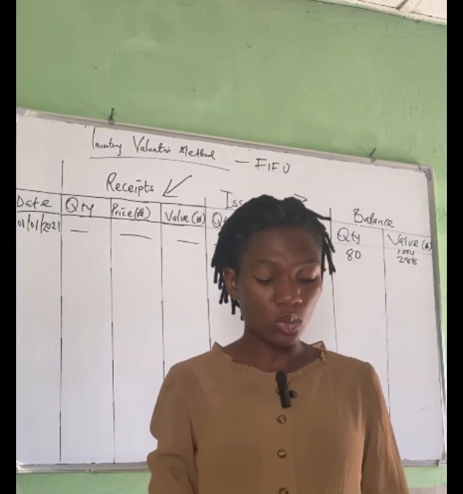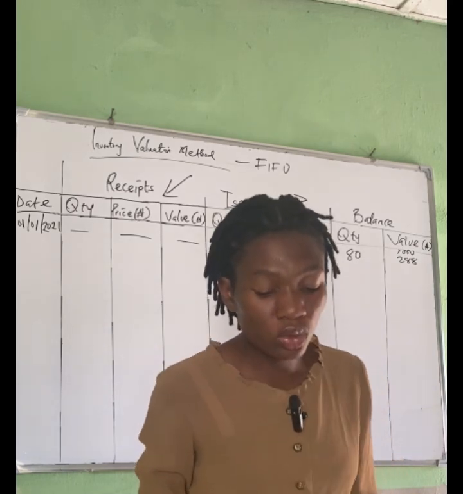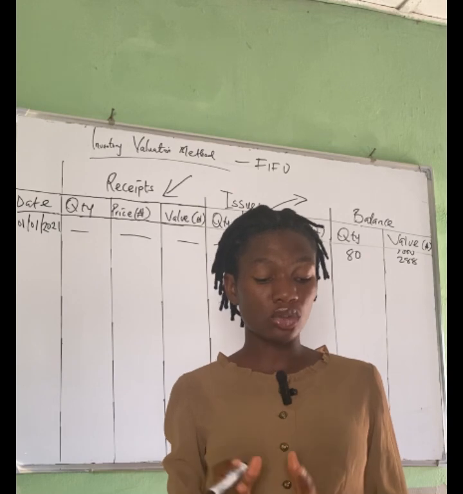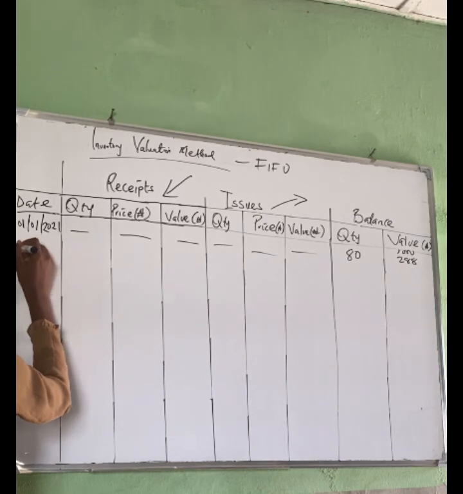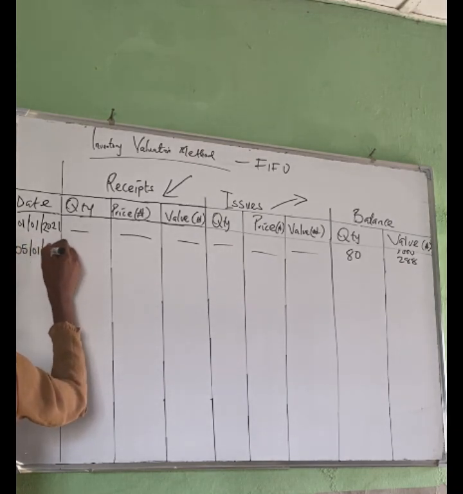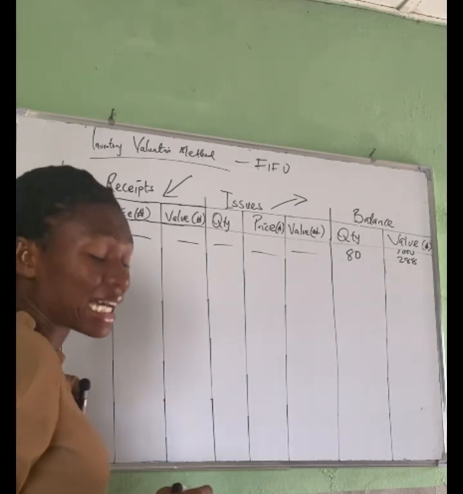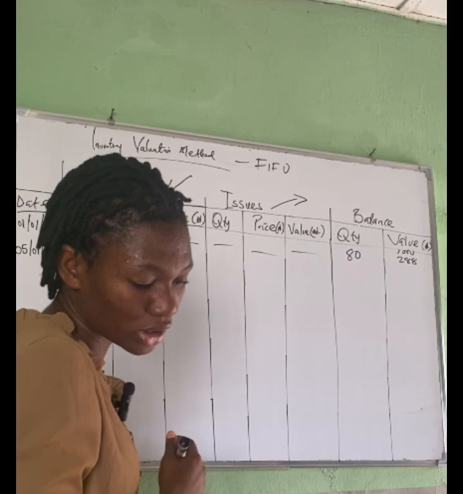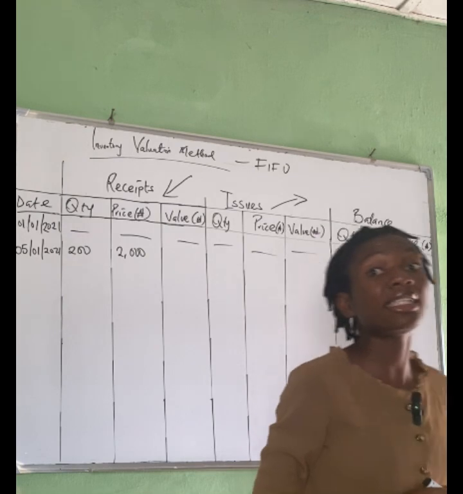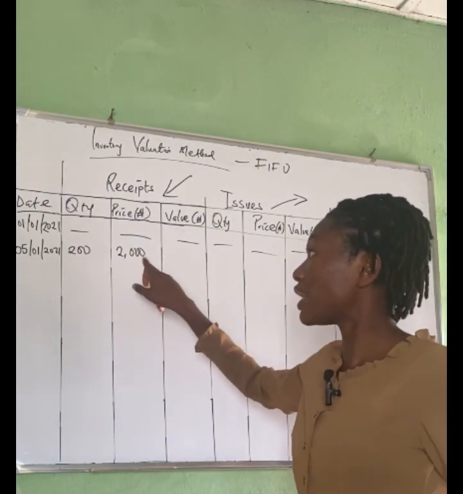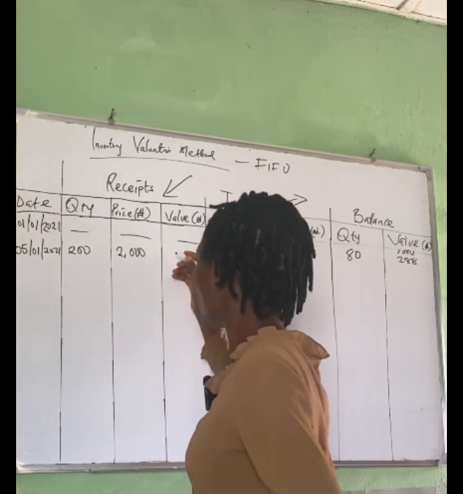Now, on the 5th of January, we purchased 200 bundles of net at 2,000 naira each. All right, we have 200 bundles of net on the 5th of January. So we're going to be following that on the 5th. The quantity is 200 bundles of net at 2,000 naira each, so the price per unit is 2,000 naira. And then our value, like I said, is always quantity times price. So to get the value, we are going to be multiplying this, giving us